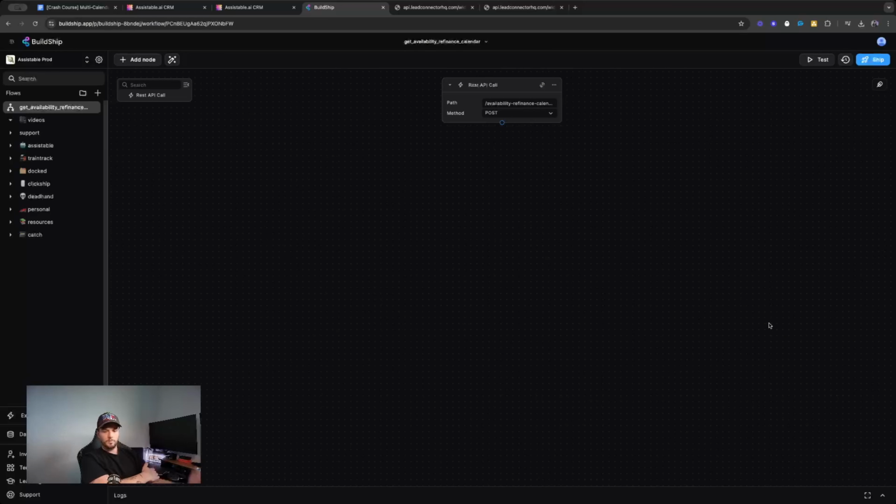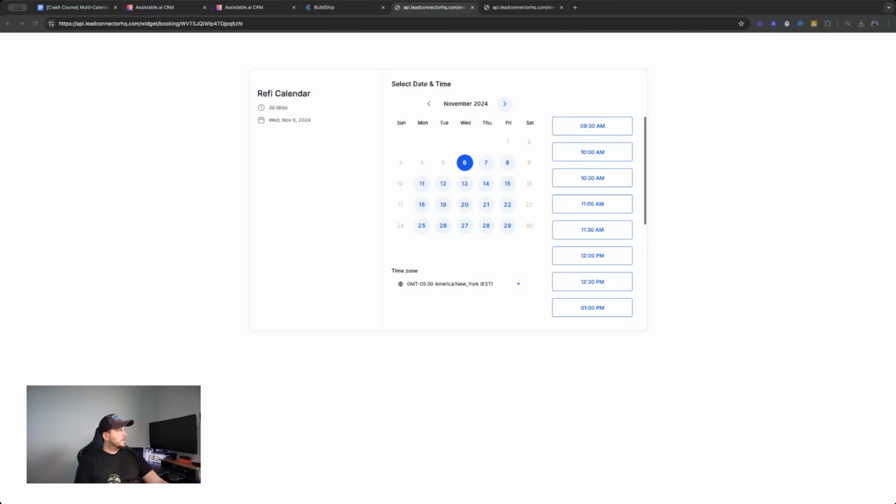And I'm going to give you all this stuff in here. But we need to do one thing for this get availability: we need to now call to GoHighLevel. And I have this backend one that you can use for free times that you don't need access tokens for. And then you'll be able to call to that to get the times. Let me put this in here real quick and I'll show you. Okay, so